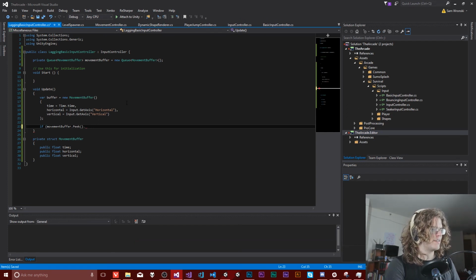So we're going to peek at this element. There are three operations that queues really do. There is enqueue, which puts something into the queue. There's dequeue, which is going to pop something off of the queue and return it. And then there's peek, which is going to just return the first element in your queue. So the difference between a peek and a dequeue is a peek doesn't destroy your queue. It doesn't pull things off of it, whereas dequeue is like a peek, but then also it pulls it off. So we want to peek at the time